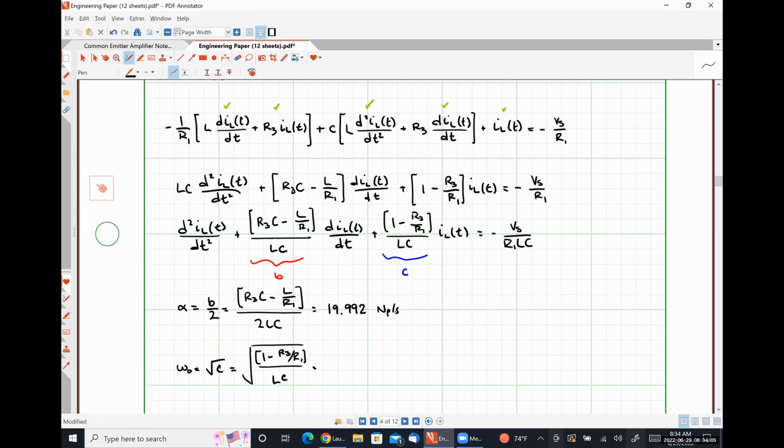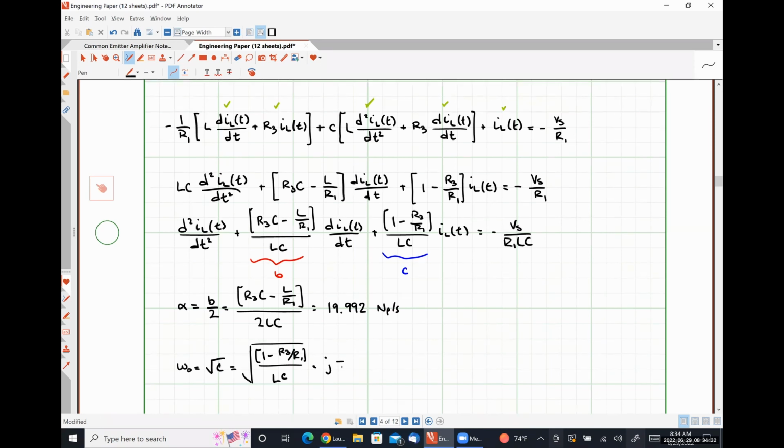Divided by L times C, so that is going to be 0.05 times 0.6. Yeah, so the issue that we just came up with is that effectively we're going to wind up having